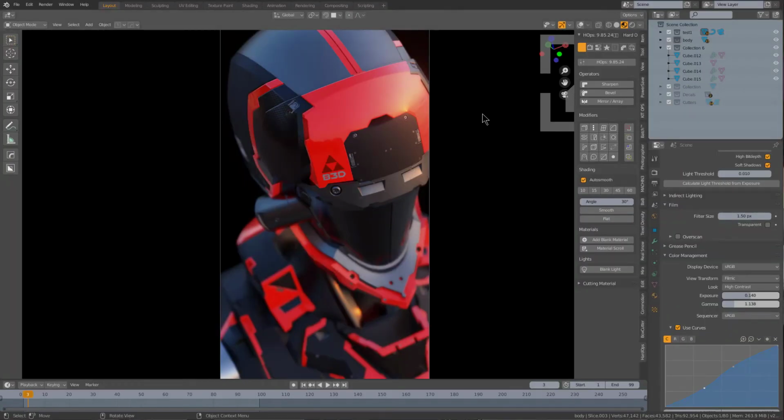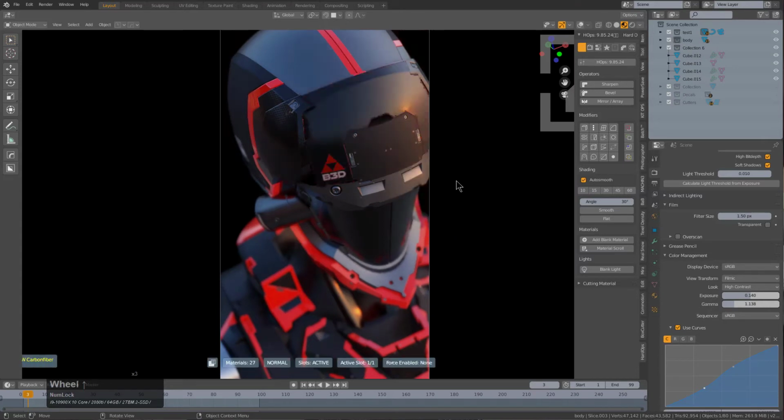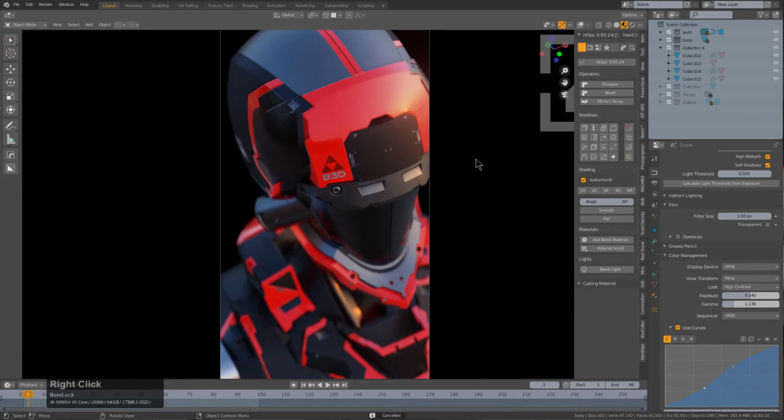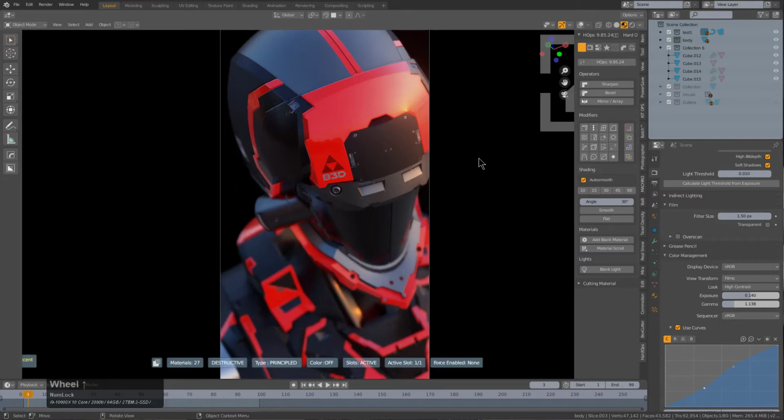So destructive material scroll is one of those things I was quite excited about. And to show it in action, I'll press Alt M, and if we just do a material scroll, we're just changing the material on this particular model that we have selected. However, if we press Alt M and we actually hover over this and look at the tooltip, you can see that shift click will activate destructive material scroll. And so by shift clicking this, we can now scroll through, changing all the material indices of this by changing